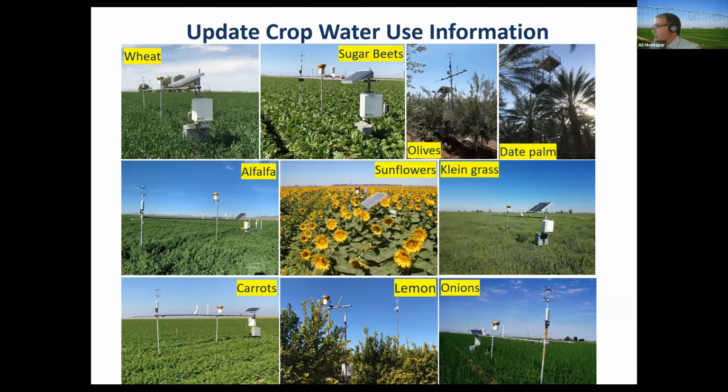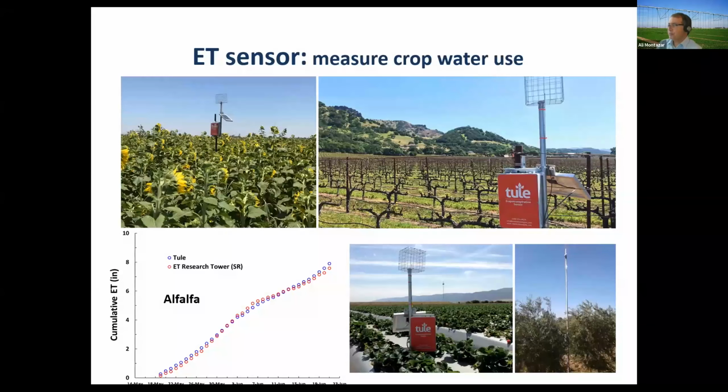During the last few years, I was reached out to several times by several growers from San Diego and Temecula, and they asked me about KC values for wine grape and avocado. This is great. It means our growers are very sensitive and they want to be more efficient and do a better job with irrigation efficiency and irrigation improvement. And we are all here to help our growers with this.